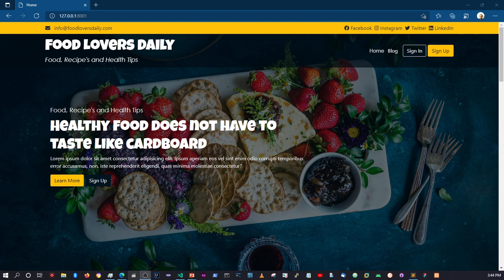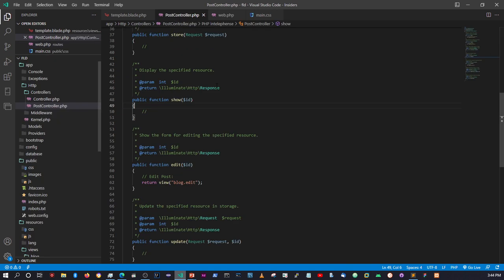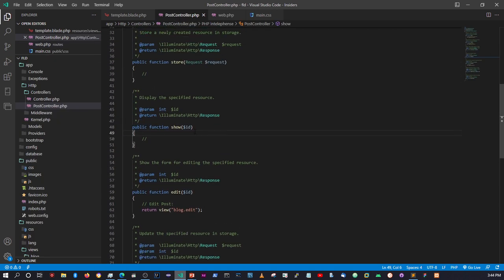Before we even get to that, there's a couple of changes we need to make within the post controller. This is the method that's going to return the view. But remember, when it shows the post, it's going to get the post based on the ID or the slug. We're going to change this at a later stage, but what we need to do is remove that ID, otherwise it's going to give us an issue. So we're going to say display post content page,